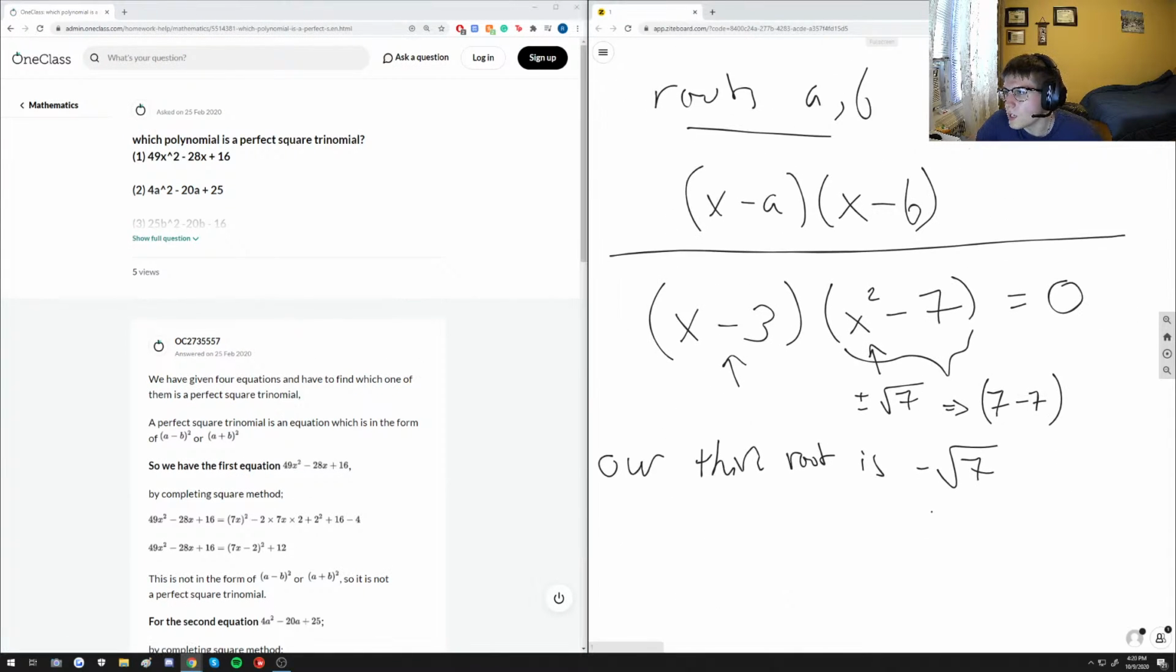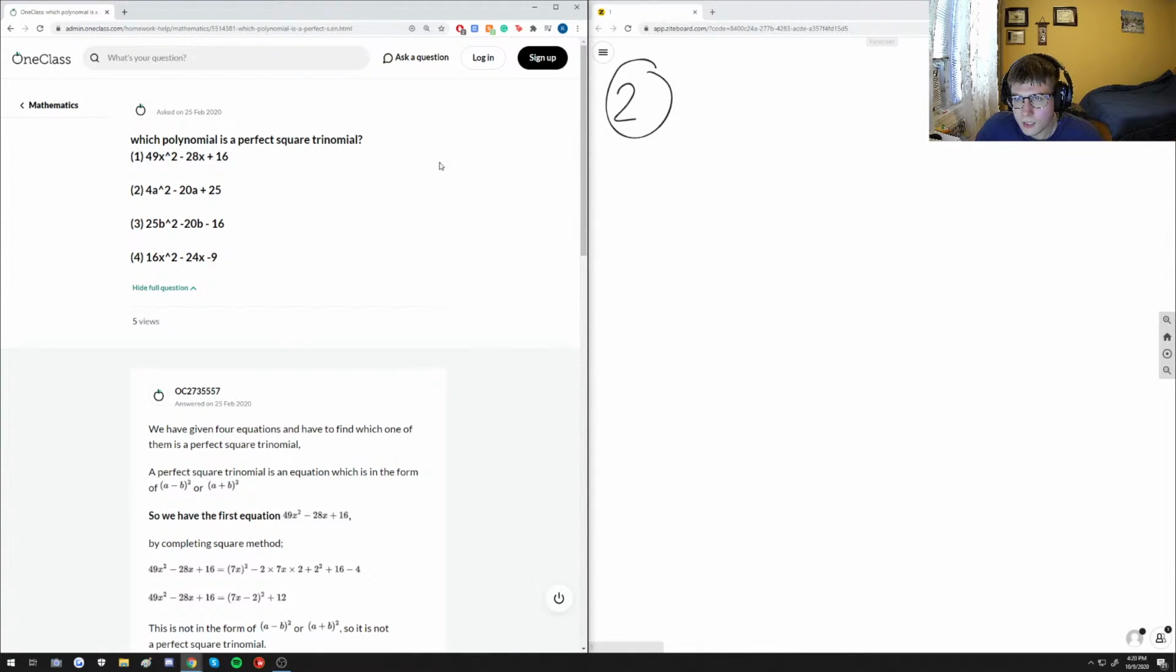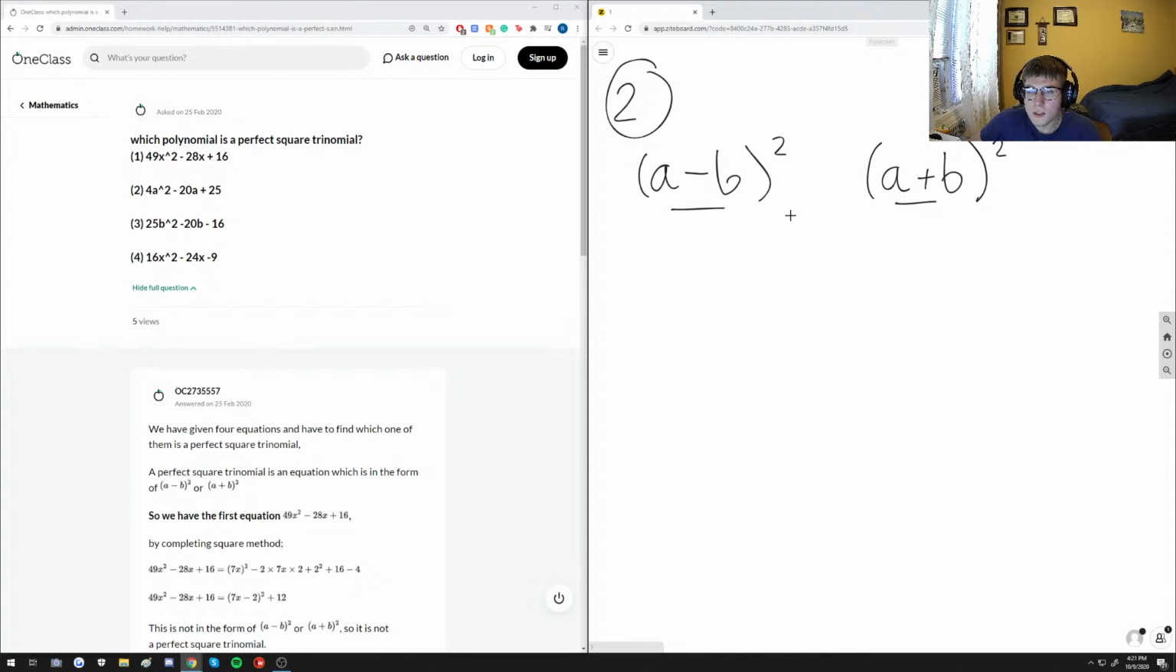Okay, so here we are now dealing with number 2. And number 2 says, which polynomial is a perfect square trinomial? And we are given 4 answer choices, and we have to select the ones that are perfect square trinomials. Now, first we have to define what a perfect square trinomial is. A perfect square trinomial is something that can be written either as a minus b quantity squared or a plus b quantity squared. So if any of our trinomials can be written in either one of these forms, that means it's a perfect square trinomial. So that's essentially what we're going to be looking at,